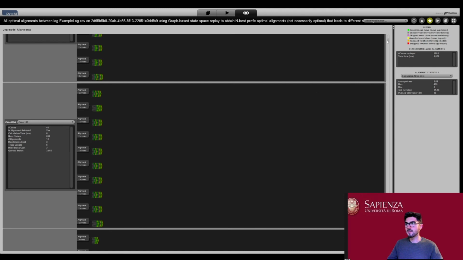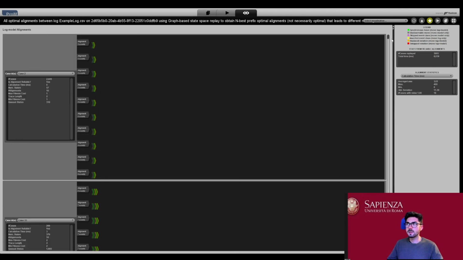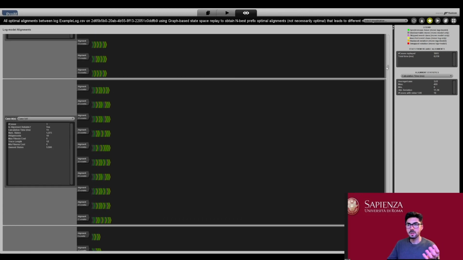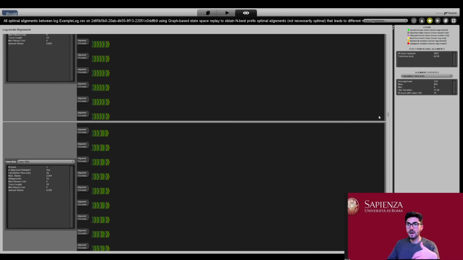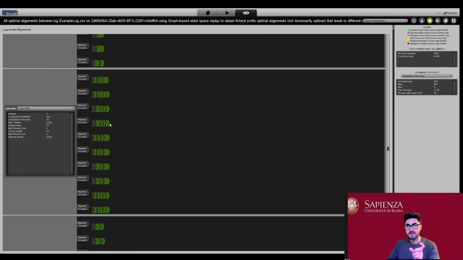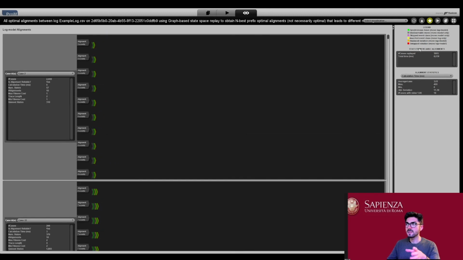Here you can see that the traces of the log are shown and ordered with their alignment in a particular order. As you can see, as I scroll down, the number of items here in the alignment sections increases. And what is interesting is that here on the right side we have a legend.